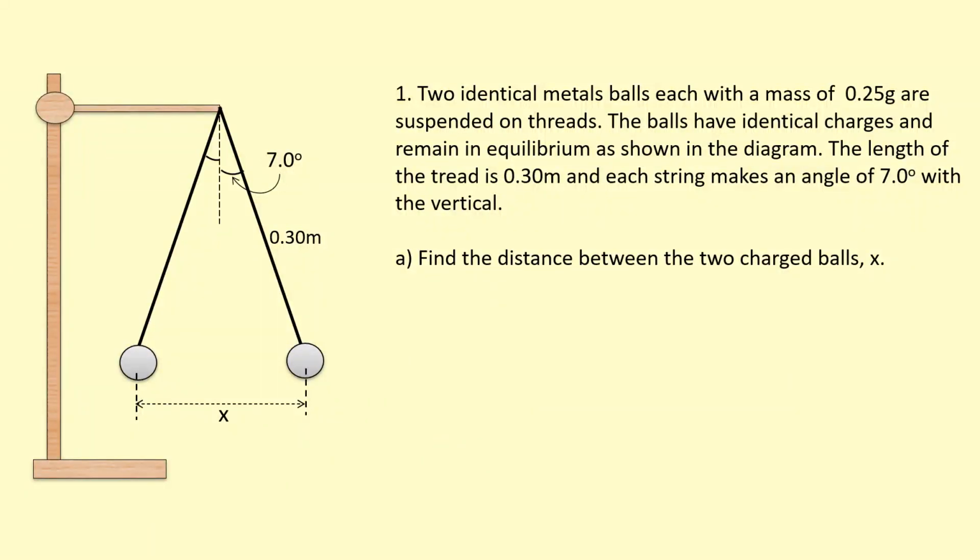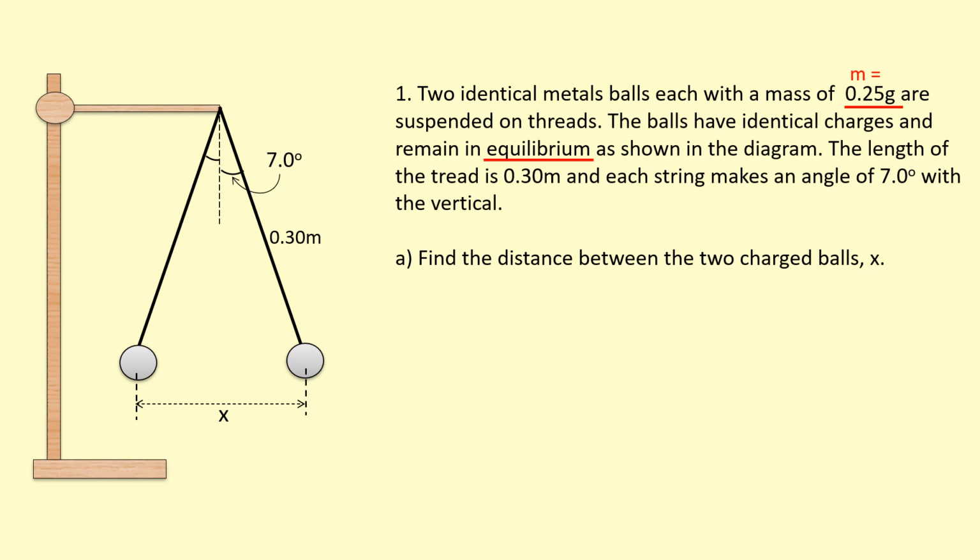In this question, we have two identical metal balls, each with a mass of 0.25 grams, suspended on threads. Okay, there's a lot of information in this question, so I'm going to annotate it as I go. So the mass is 0.25 grams for each ball. Okay, the balls have identical charges and remain in equilibrium, so that means the forces on them are balanced, as